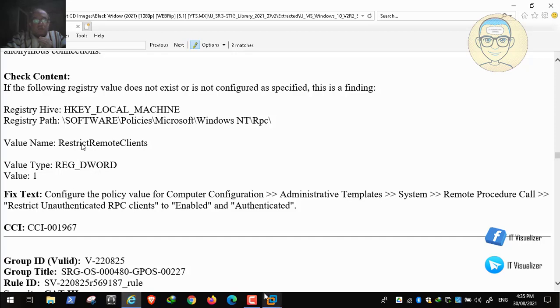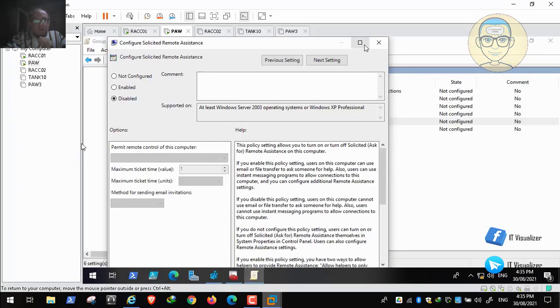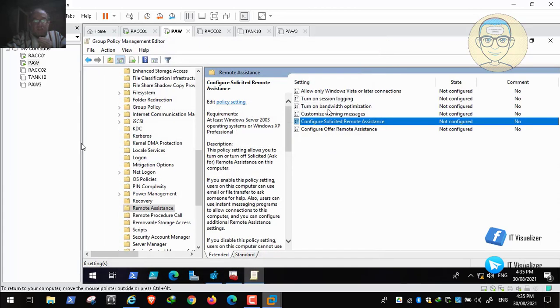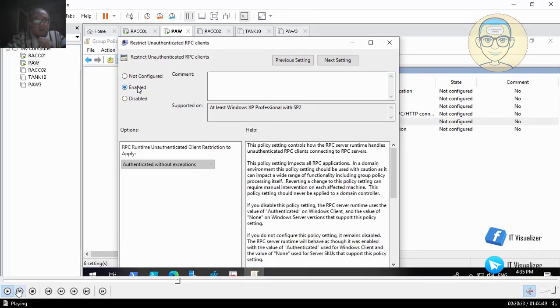Oh, this is the protocol. It's called remote procedure call. Let's see what this group policy explanation tells us. Okay, so here let's go to the remote procedure call. This is a protocol I think used in remote connections. Okay, let's see restrict unauthenticated